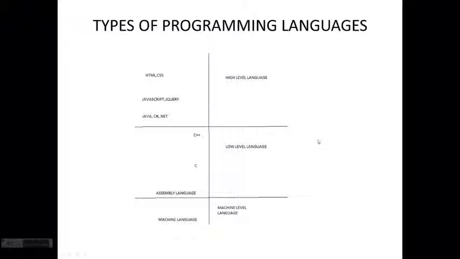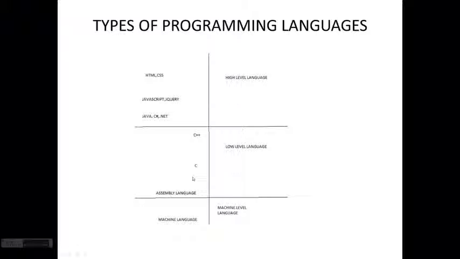Now we come to the types of programming languages. This is the hierarchy of programming languages. We have machine level language, low level language, and high level languages. Now for machine level languages, each CPU has its own instruction set, and for each instruction set we have a machine language. This is the low level machine language. It's basically a binary machine language, and it's very confusing. When the first computers were made, they used to follow machine language. It was very tedious and very slow.